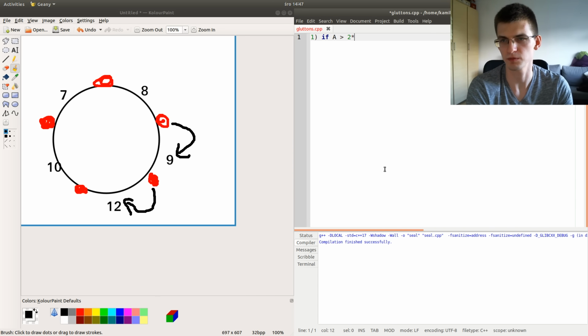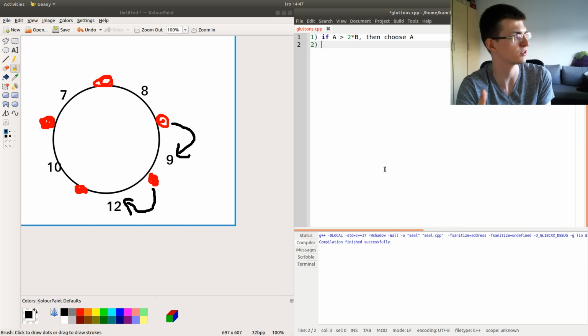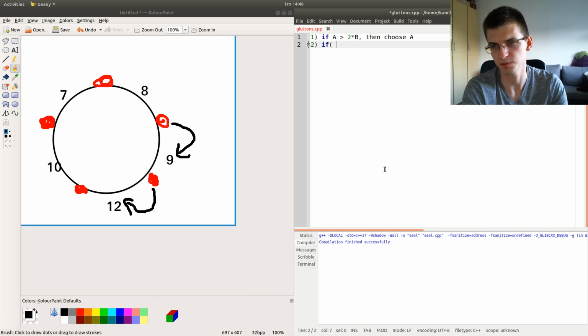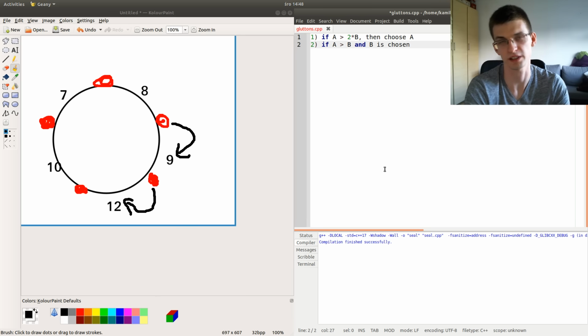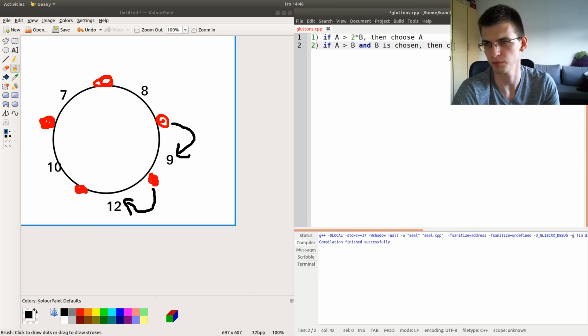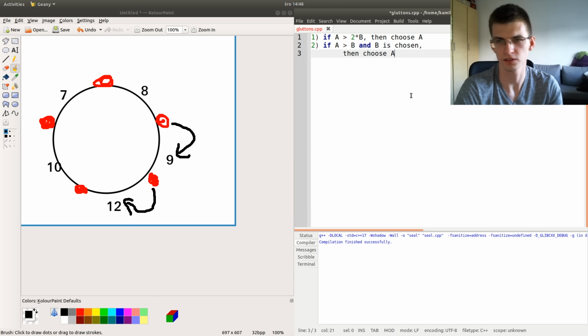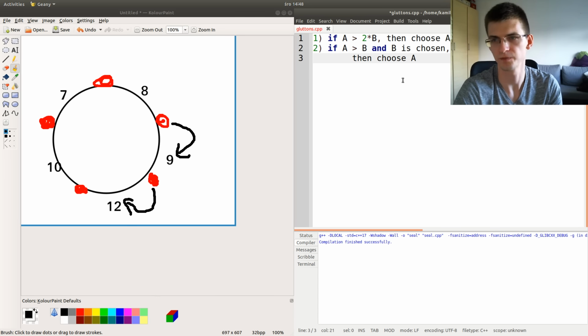If a is 2 times bigger than b, then choose a, that's for sure, like the situation with 7 and 2. And if a is bigger than b and b is chosen by someone else, then choose a, because it will be only better. So these 2 rules we already can use.